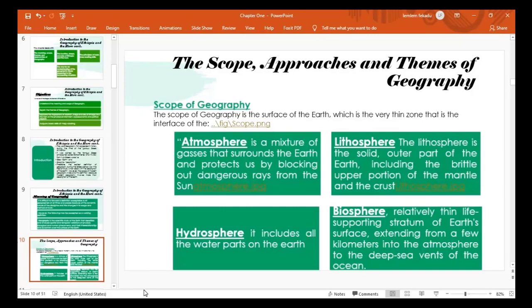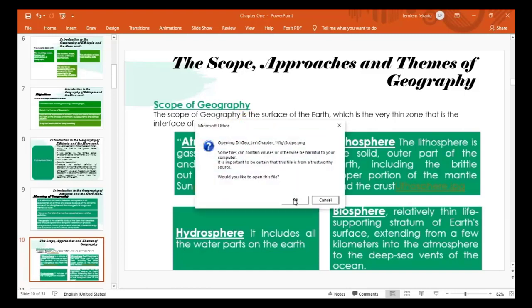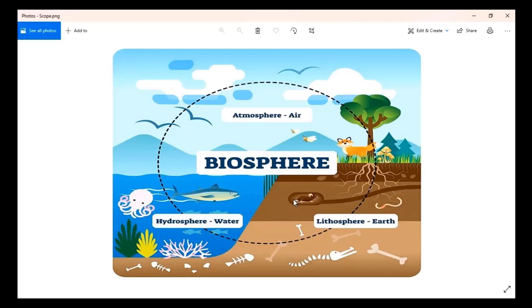is considered as the geosphere or the surface of the earth, which is the very tiny zone that is the interface of atmosphere, lithosphere, hydrosphere, and biosphere. In the figure we can see the scope of geography. The geosphere is the scope of geography. This geosphere